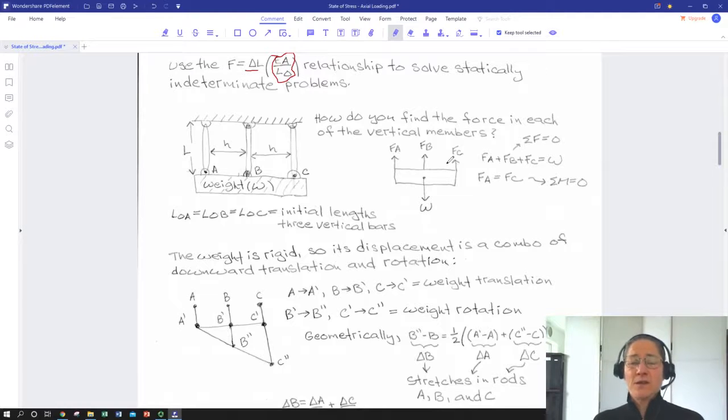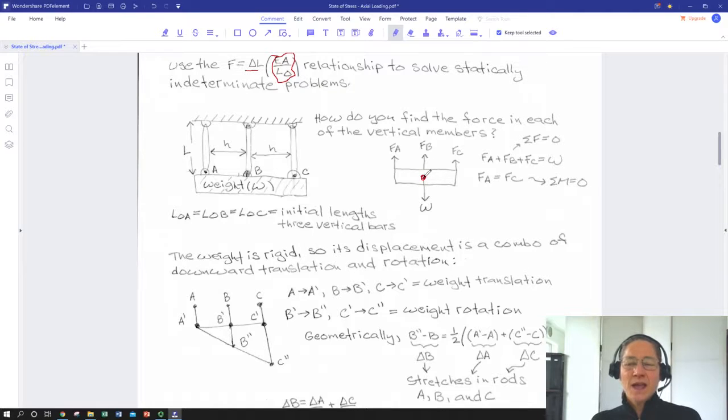Okay, well, we can FBD the weight. So here's our FBD of the weight. We have its own weight force pointing vertically downwards, and that's collinear with force B, and then we have forces A and C acting at the ends of the bars. So we can say the sum of the forces in the vertical direction is 0, so FA plus FB plus FC equals the weight force,